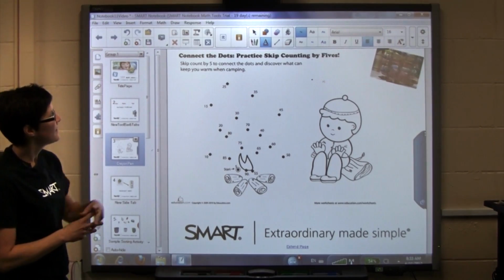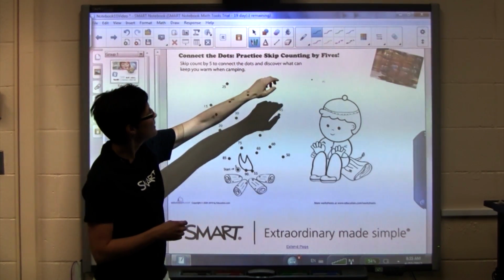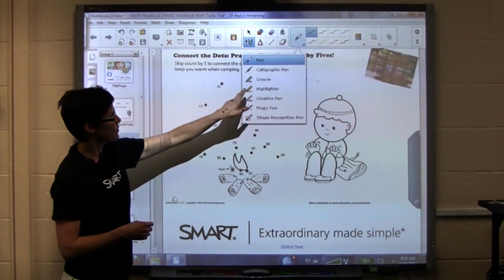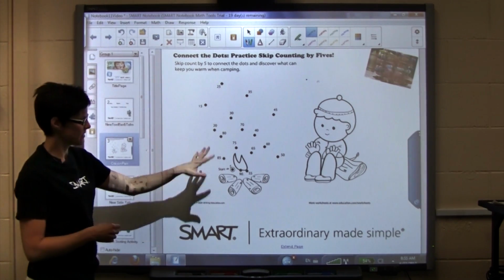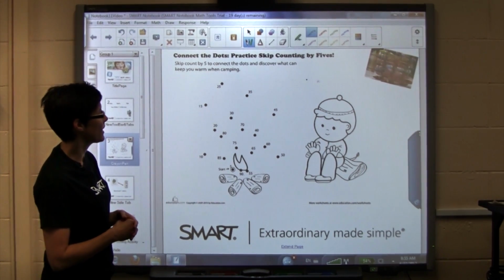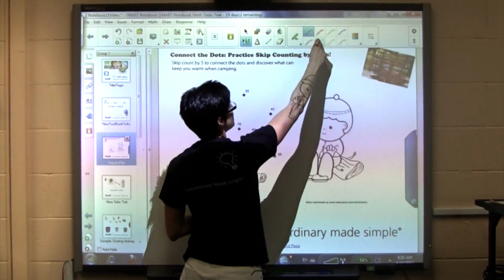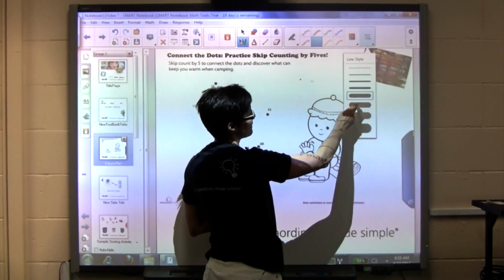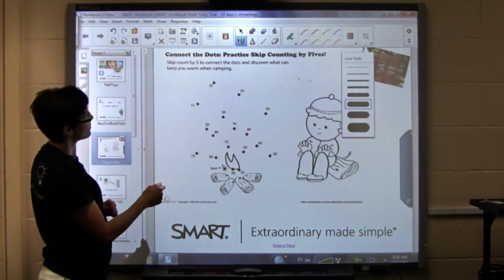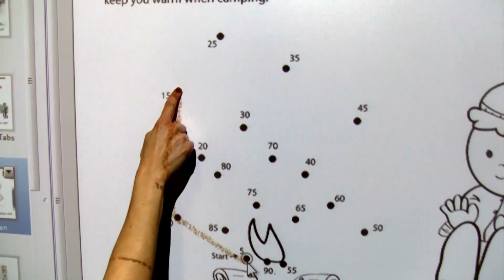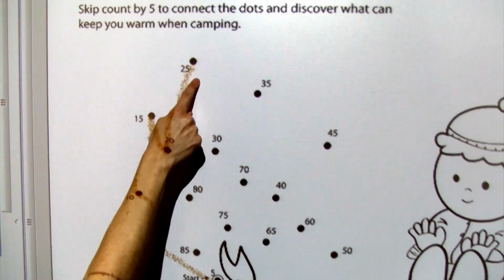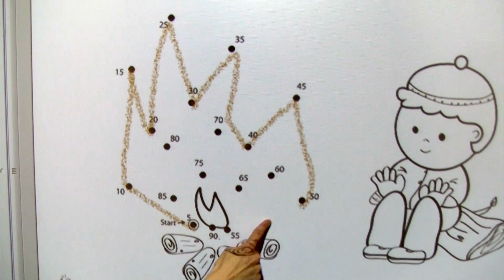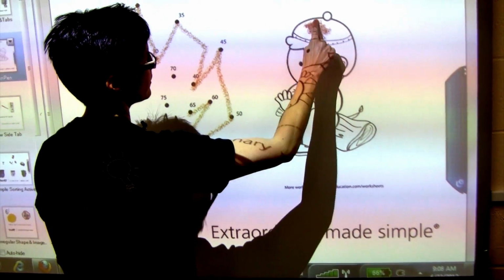The next new thing I'd like to show is the crayon pen, which can be fun depending on your age. So over here with the pen tool, you can choose this arrow, and you'll see the different pens available. So you would choose the crayon. And this is an example of how you might want to use this with your class. So we're going to choose the orange crayon, and we can also change the thickness of the line. We'll start here and follow the dot to dot. Okay, so you can see how that works. And then the students would be able to pick different colors and finish coloring in the picture if they wanted to.